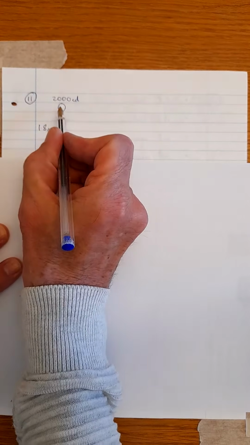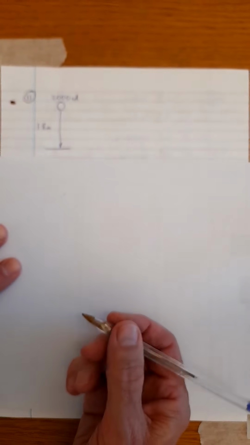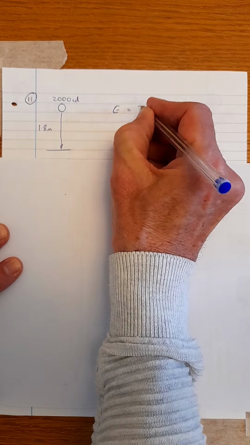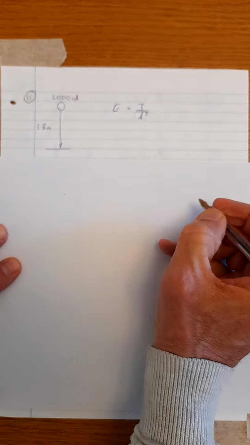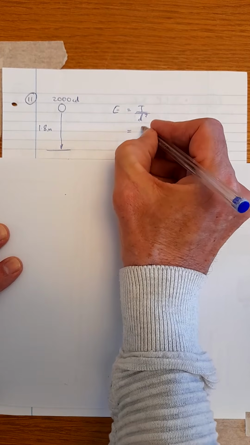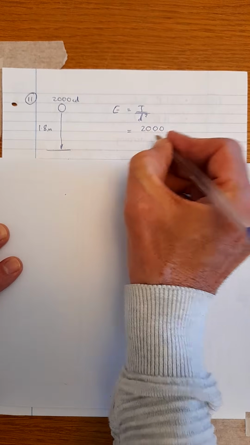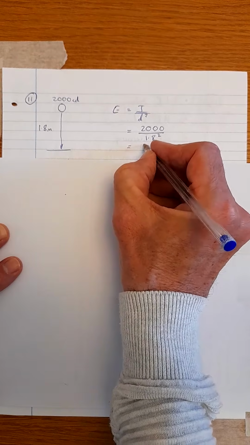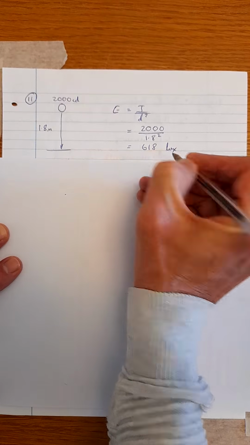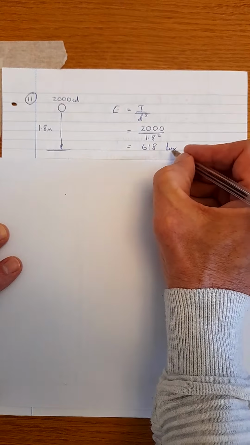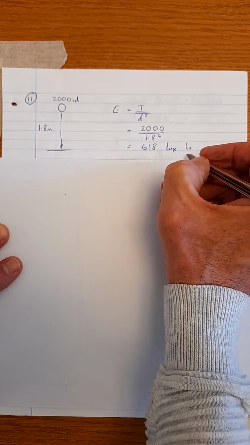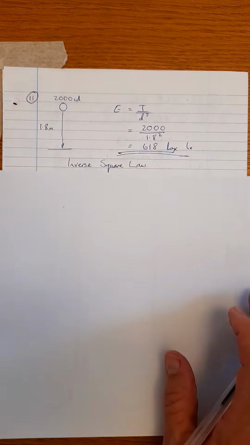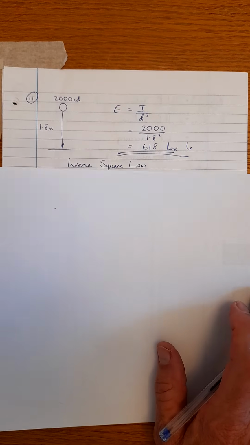So question 11, about a point light source 1.8 meters above a work surface. The illumination on the surface, so luminance, E equals I over D squared. Put the numbers in: the intensity of the lamp, the distance squared. Put that in your calculator and you should come out with 618 lux. Don't forget, if you don't like that really long word lux, you could write lx. Okay, so next part of that question was, what is that law? That is the inverse square law. So moving swiftly on